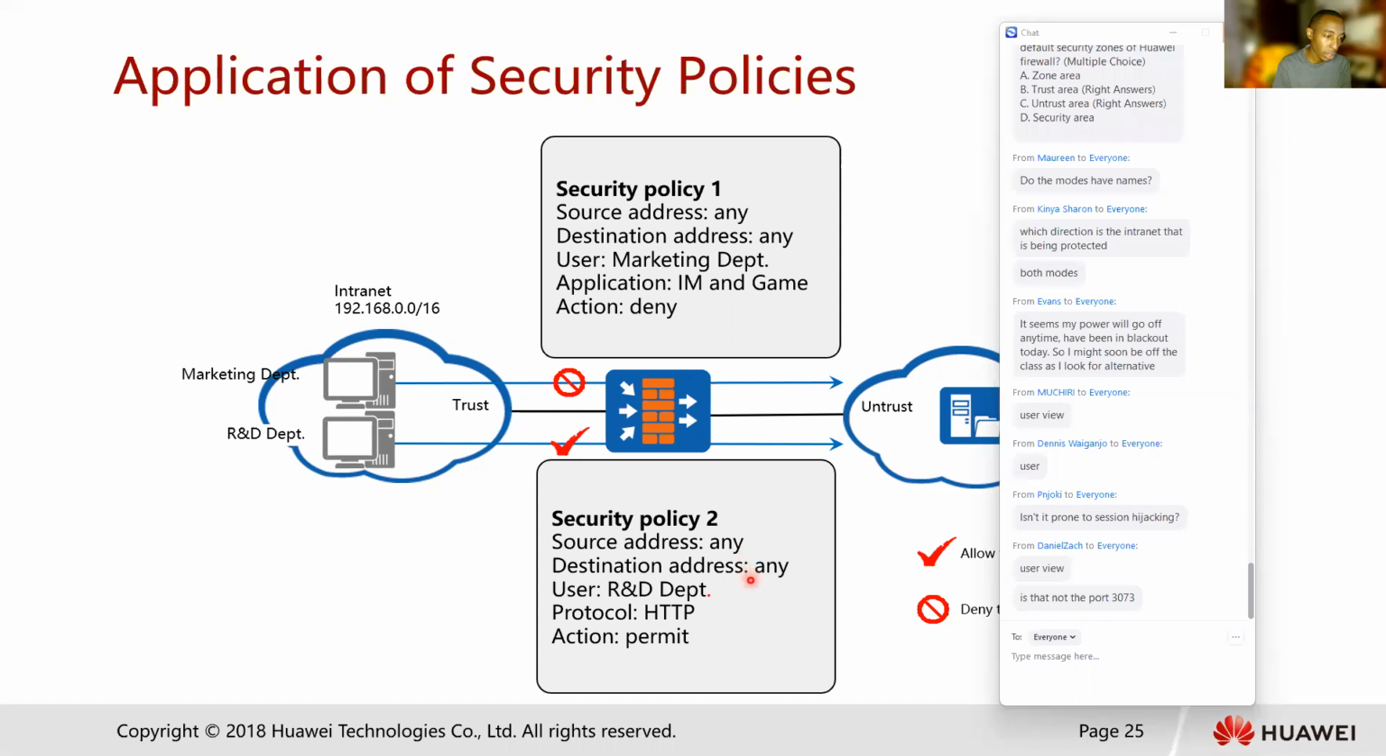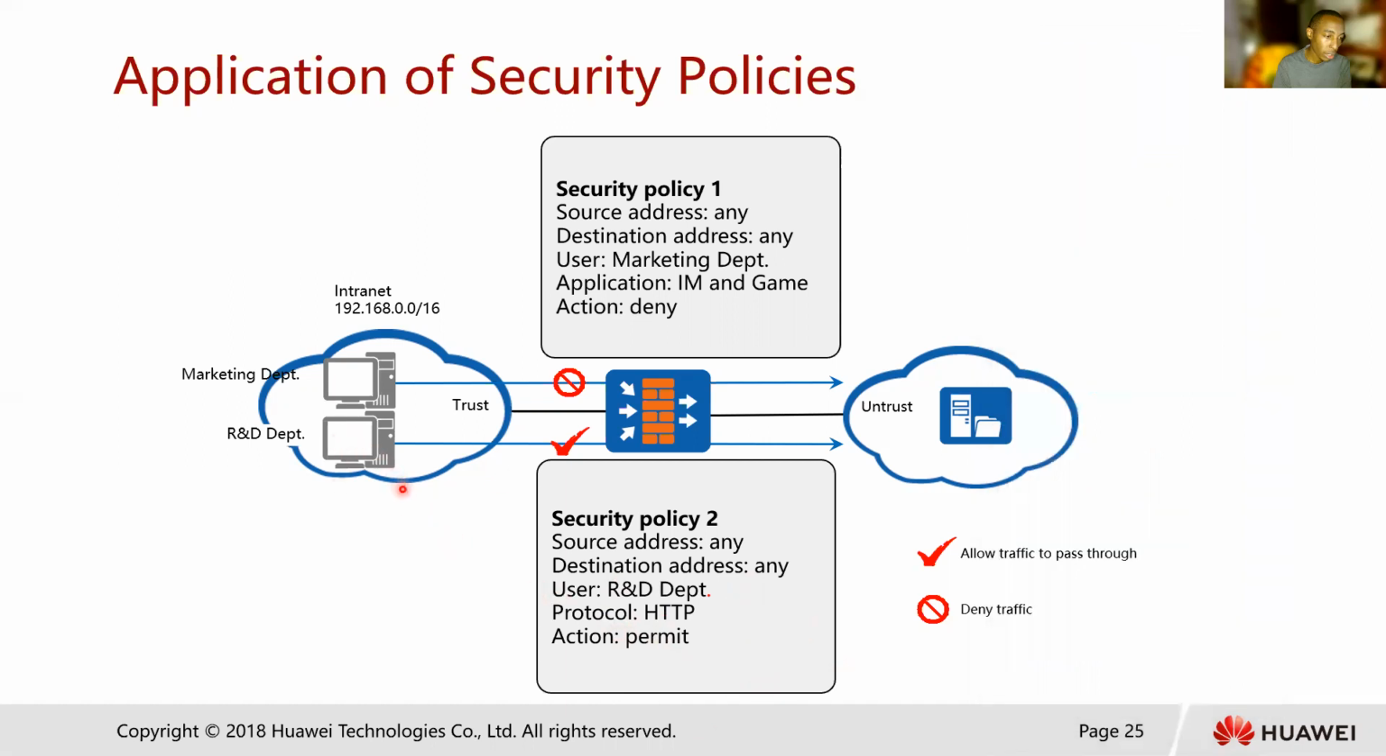Coming from any IP address, going to any IP address, user is what? Research we should allow HTTP, because research, they require to use the browser. They need to use the HTTP service. So when you're looking at this, you realize that this is the trust zone. This is the untrust zone, right? Think of it like the internet. So you can see if